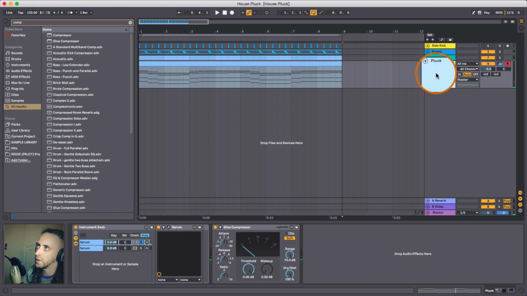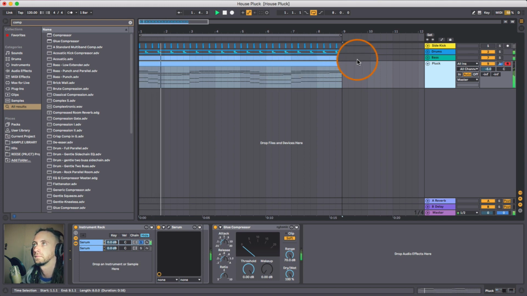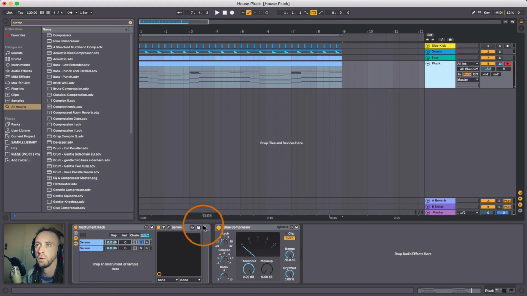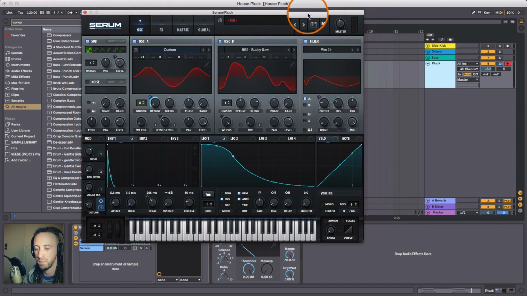And the next thing to do is include this. If we can listen back to it first, but I'm going to start to control some of the macros with some automation. Fantastic. So yeah, I'm just going to go back into this Serum, and what I've found best thing in Ableton